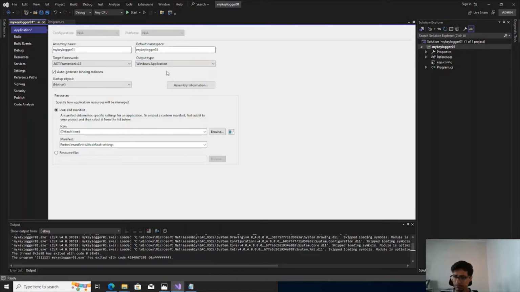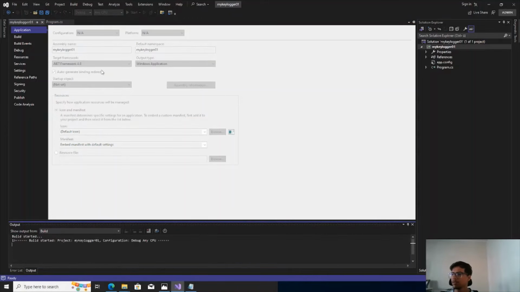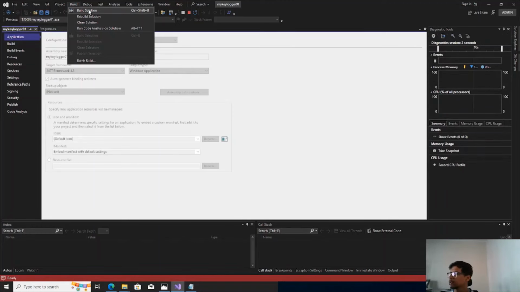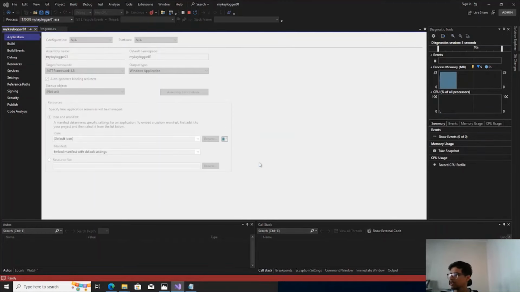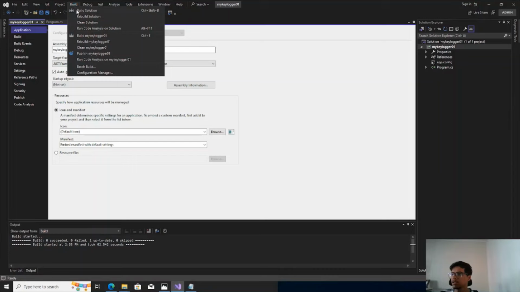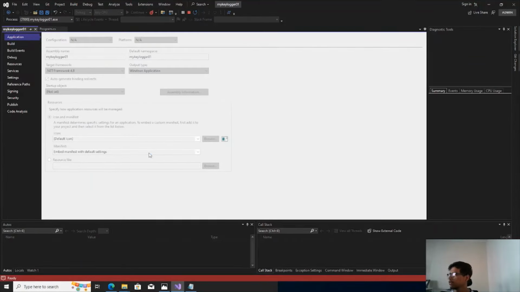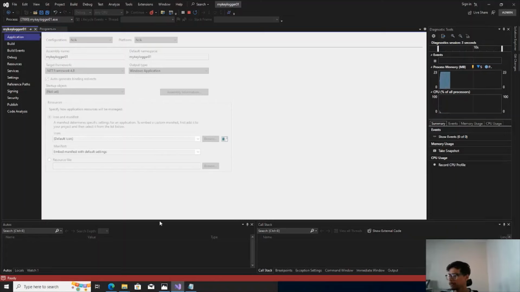Once you click on Windows application, you have to click on build solution, and just click on run. What you will notice now is that it's running, but you don't see the black box,